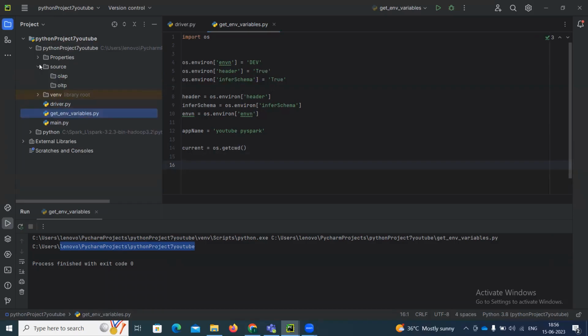Now we created a source folder, right? Inside the source folder, we have the OLTP and OLAP. Now we are going to give the path of this folder. Here we are defining the OLAP path and OLTP path. Let us say source OLAP, current environment